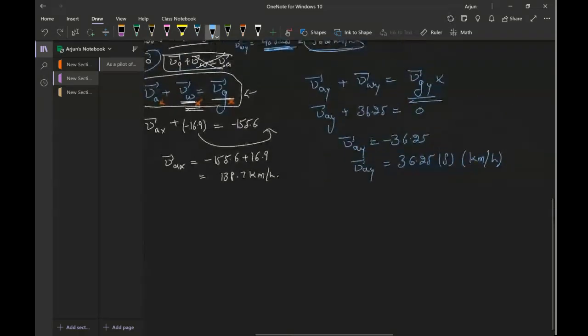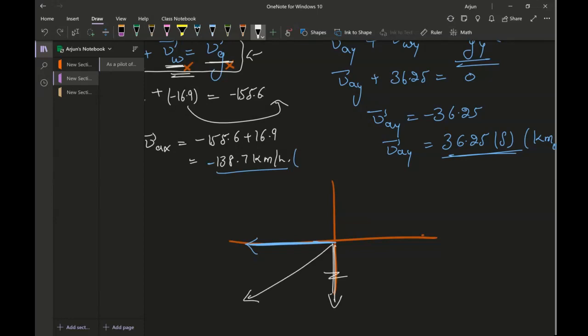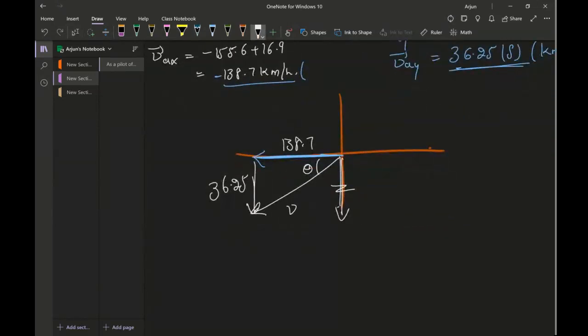Now I'm going to draw both of these vectors on the navigation system and then find the resultant value. So this is 138.7 kilometers per hour. So this is negative, so this will be down here, and this is south. Again, because it is south, so I will draw it down here, and the resultant will look something here. So I will replace this y component here on further left side. So this is 36.25, this is 138.7, this is the angle I'm looking for, and VA value will come out to be